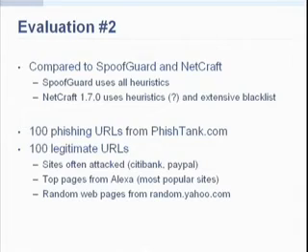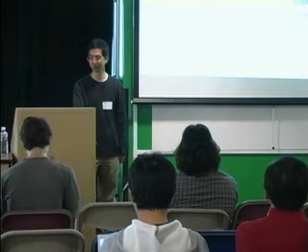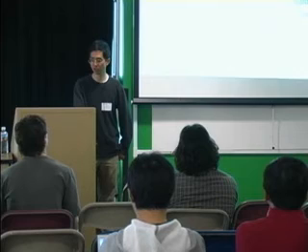So what we did in the second evaluation was we compared this to SpoofGuard and Netcraft. So again, SpoofGuard is one developed by Stanford, uses all heuristics, and had very high accuracy in terms of identifying fake websites, but had a pretty high false positive rate too. We also compared this to Netcraft, the latest version, 1.7, which we believe uses some heuristics, but we're not sure because again, it's a black box, and it also has an extensive blacklist. In some of our earlier experiments, Netcraft was the best one, and in the one I showed you, it was probably number 3 or so. So this time we did a slightly different evaluation.